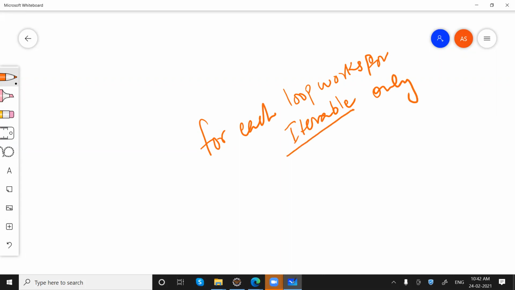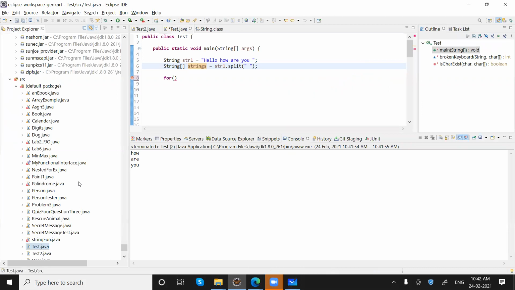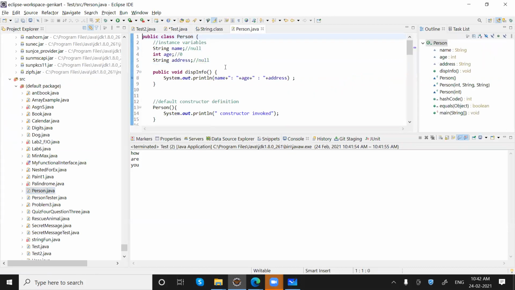So iterable is a type. Like we have seen a Person class, which is itself a type. We can say a class is a data type. We have seen that, yes or no? Tell me. Yes. So iterable is itself a type. Let me just open that.